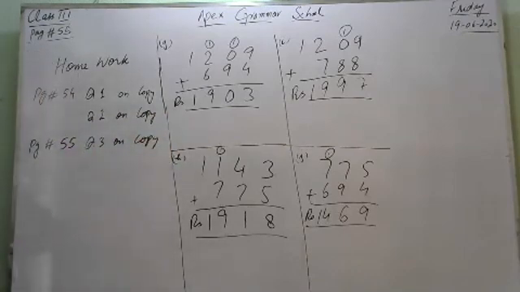Students, also note down your diary. You have to write page number 54, question number 1 on your copy. You have to solve question 2 on your copy on page number 54. And lastly, page number 55, question number 3 on your copy. For question number 3, first of all, you have to make a table on your copy of different prices of the different tools as I made on the board. Then you can find out all the prices easily. Now, if you have any query in today's lecture, please raise your hand one by one.